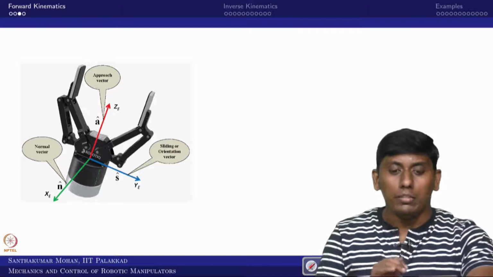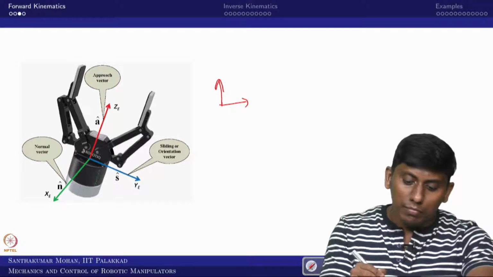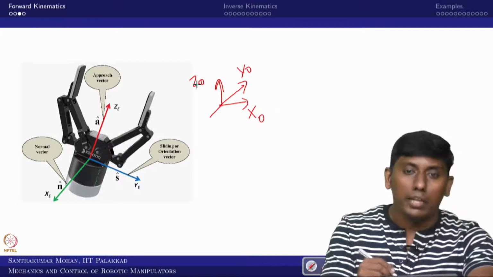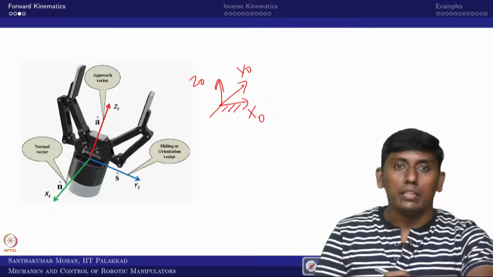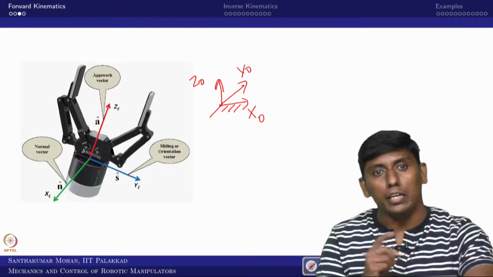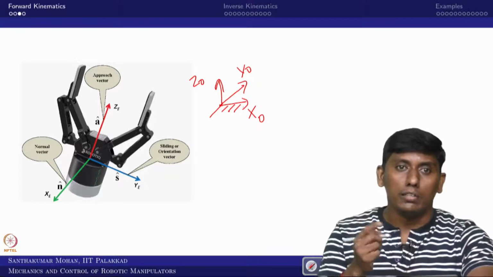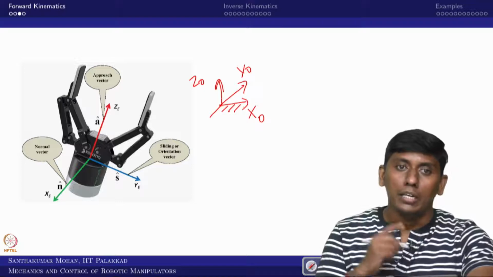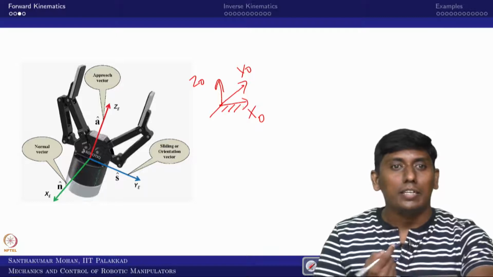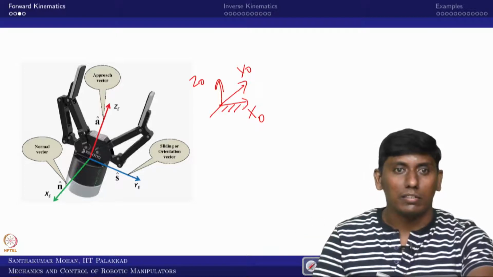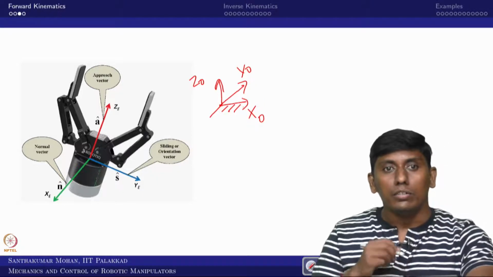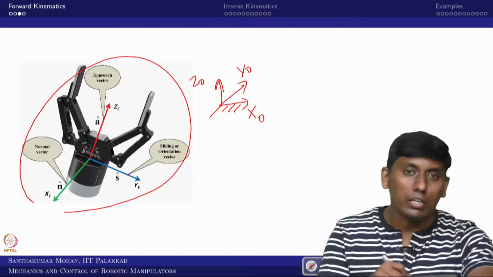In order to avoid all this, we always assume x0, y0 and z0 like this. If you take the initial frame like this, then we have to come up with some procedure for the end effector also. For example, KUKA is making something, FANUC is making something, ADEPT is making something, but these are all supplying robots to industry. Industry cannot learn individual transformation matrices. They want to see what my end effector is and how I can move it. So in that sense, you need to have the end effector also in a certain manner.